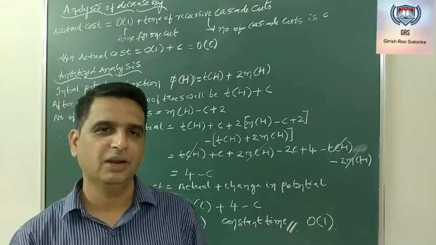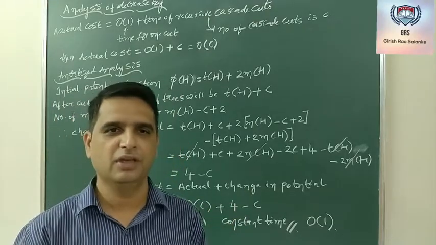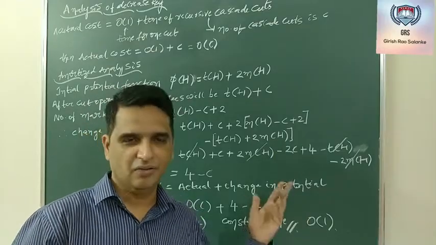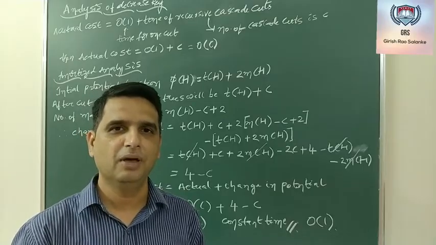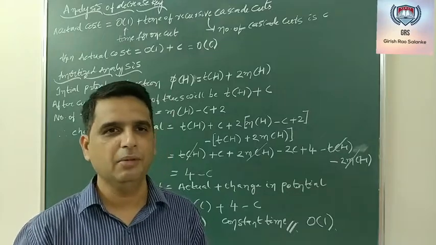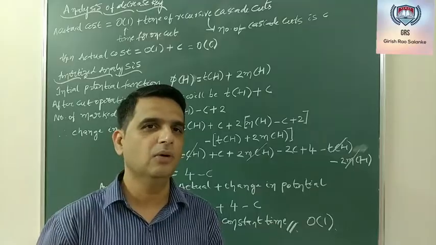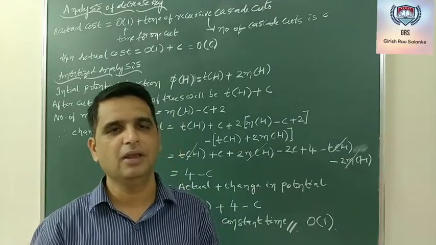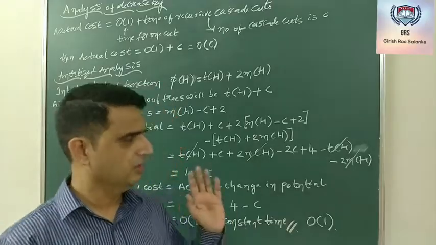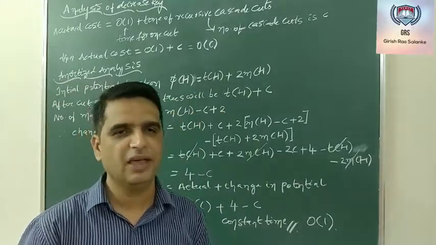There are two more operations that were discussed in case of binomial heap. I am not discussing them in case of Fibonacci heap. One is the minimum operation. Now in case of the binomial heap, you remember the minimum operation used to take log n time, whereas in case of the Fibonacci heap, in order to get the minimum value, it takes a constant time because h dot min will be pointing to the node which holds the minimum value. So the minimum operation in case of the Fibonacci heap takes a constant time.